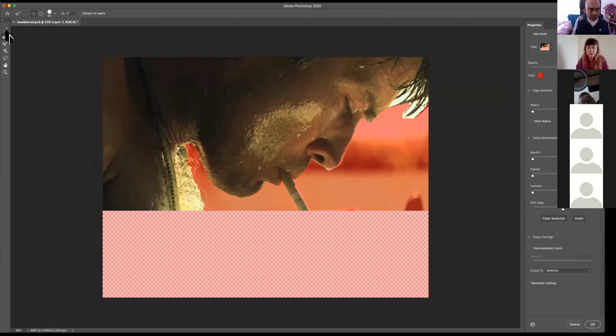Here, I got to go to this brush, like a brush with a hand icon. It's called a refine edge brush tool. Refine edge brush. Okay. So with the refine edge brush, you go to, you just